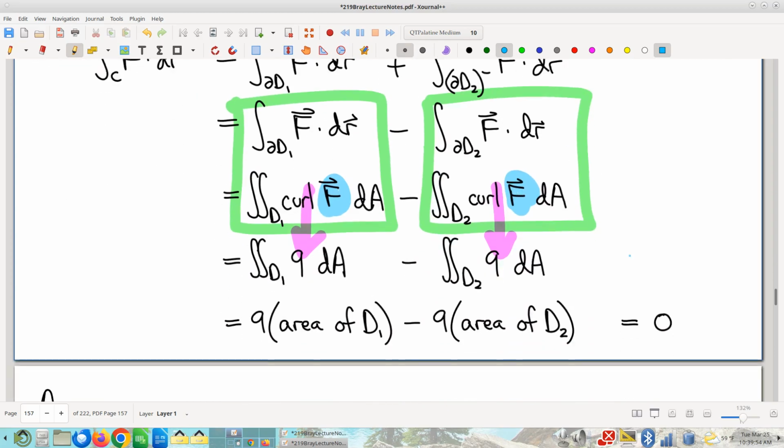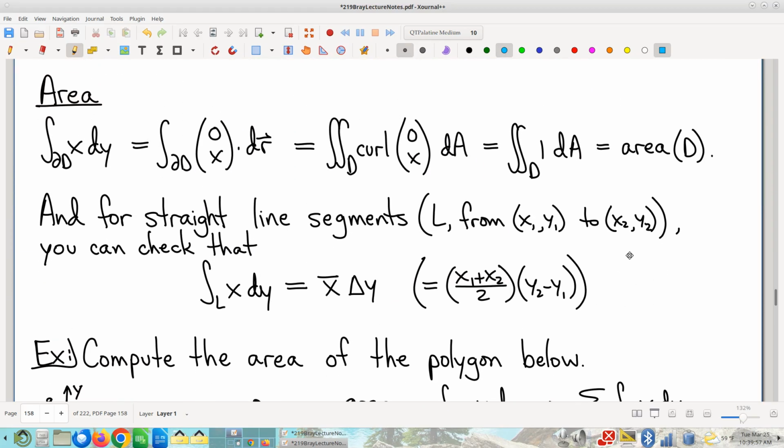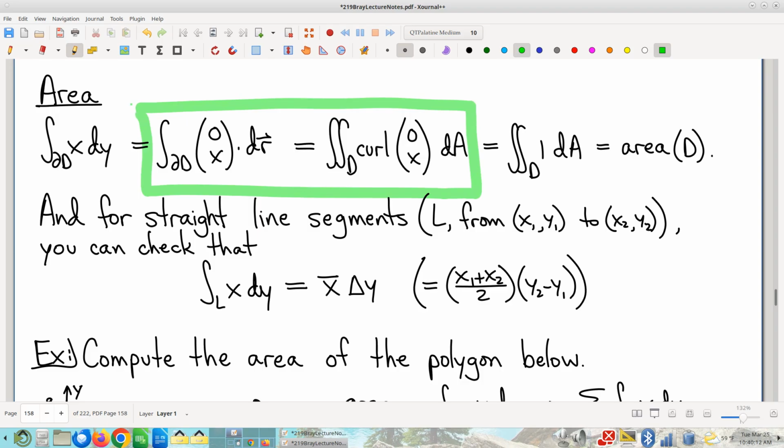Okay. All right. Now, here's a nice application. This is cute. It's just a special case of Green's theorem, and I'm going to justify this conclusion by starting in the middle. What you're going to notice is that this equation I have in the middle here is literally exactly Green's theorem, right? Line integral over a boundary equals double integral of curl over the interior. It's straight up, no asterisk, Green's theorem, as applied in this case to this specific vector field, 0, x.